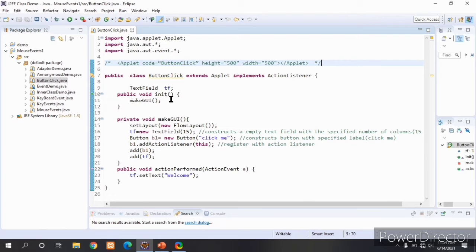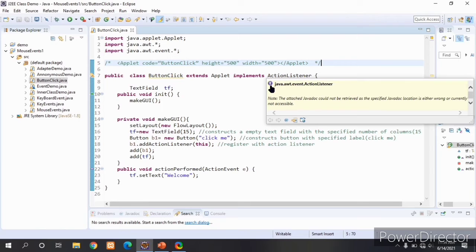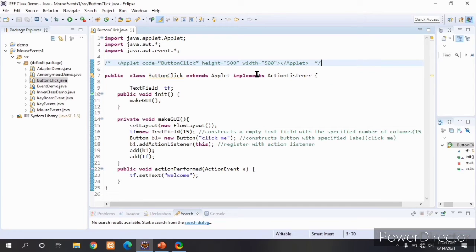It involves the various methods like start, init, stop, and paint, which are necessary to develop a web application. Okay, small web applications. And here we are handling an event. Which event is generating here? Action event. So we need to implement an ActionListener interface. Since this is an interface, we are using the implements keyword.